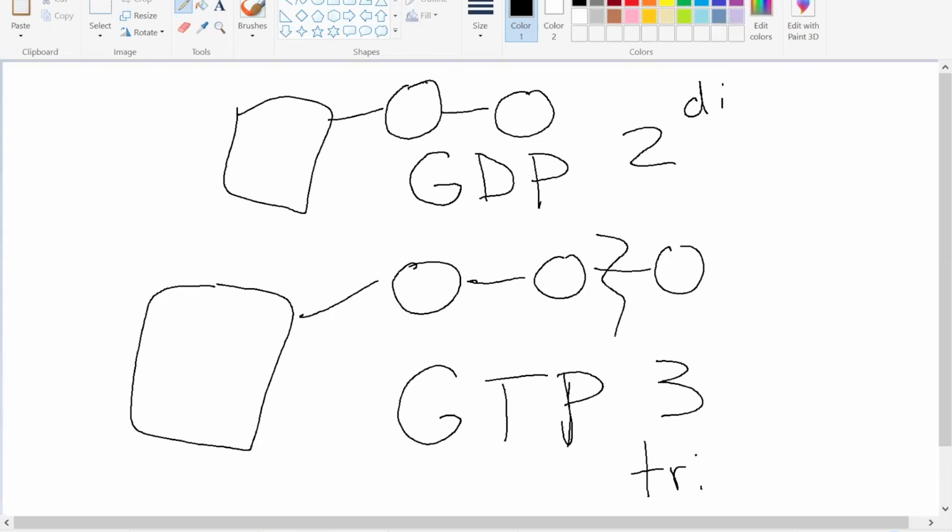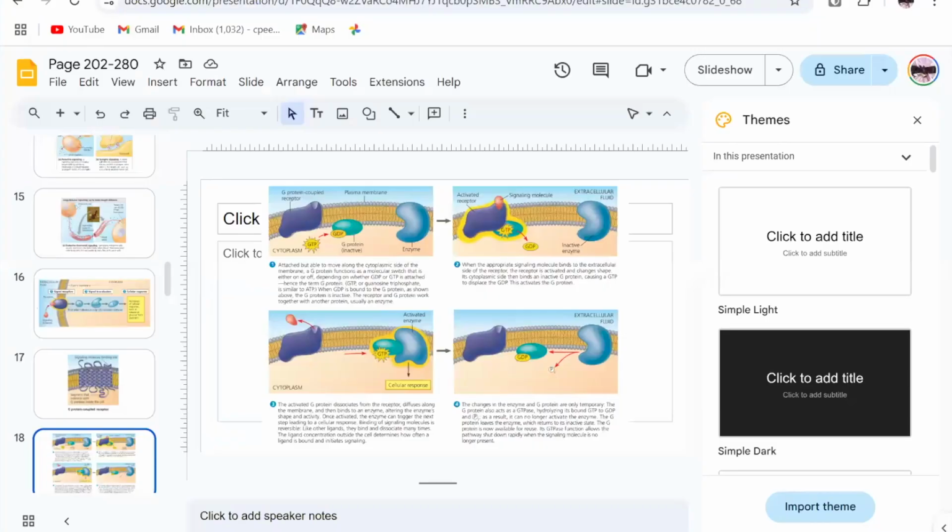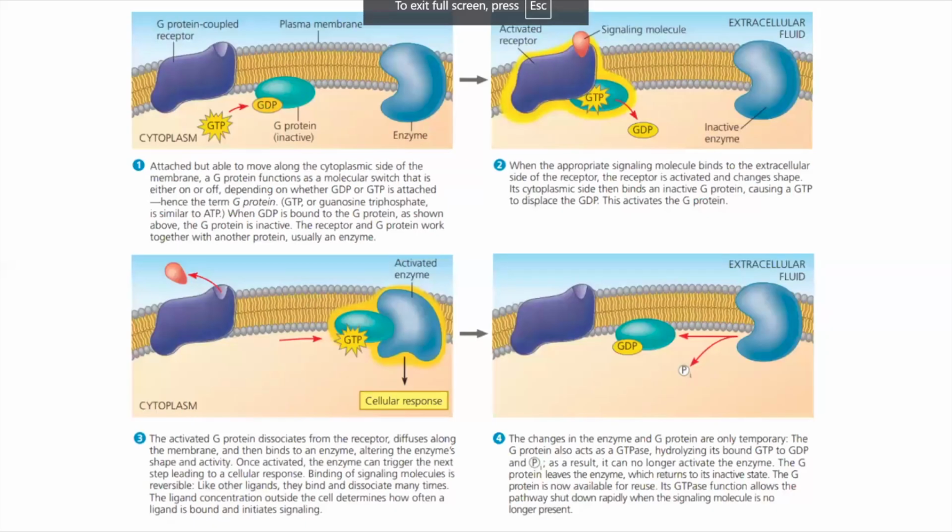I'm sorry. Okay, so basically, what's happening here is it's an energy molecule and it can activate things or inactivate things. So our dark blue G protein coupled receptor wants to get something done. So it needs our G protein. But in step 1,